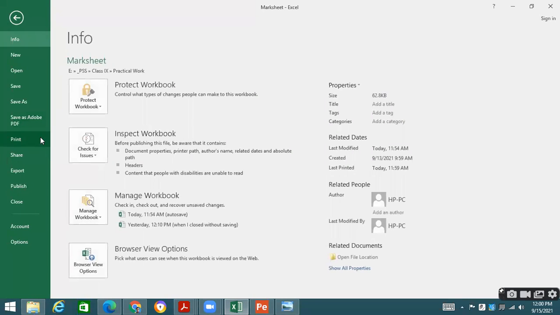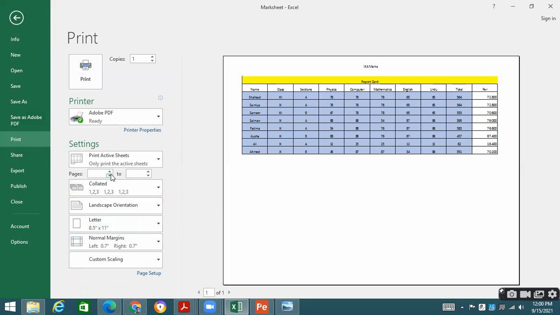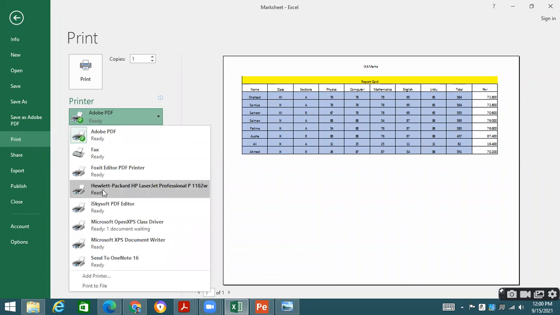If I go to print, in the print menu, if we have got multiple pages, we will mention, let's suppose in my document there are 100 pages and I want to print from page number 1 to 5. So I will mention over here that I need to print from page number 1 to page number 5. If there are 100 pages and I want to print from page number 51 to 55, I will mention that and only those pages will be printed. I will have to select my printer. Right now this printer is attached with my computer, so it is written over here that it is ready. If I click on the print button, the file will be printed. But right now I'm not printing, I'm just telling you that the printer should be attached with your computer.